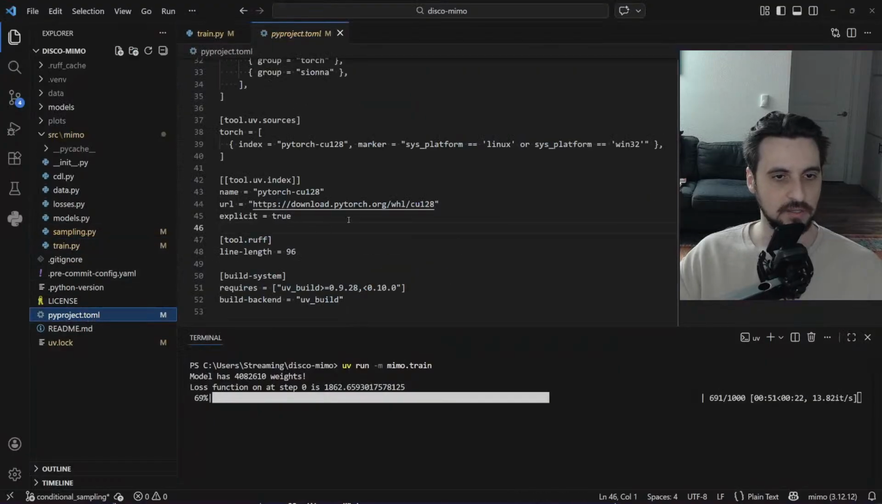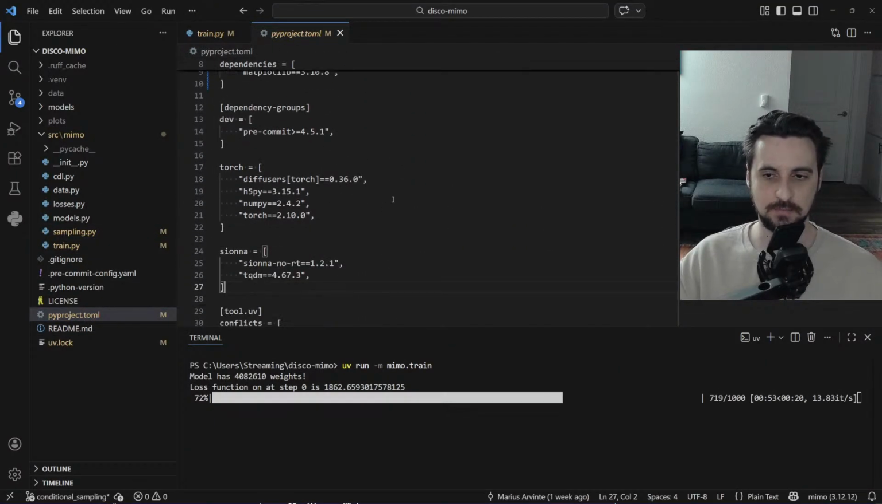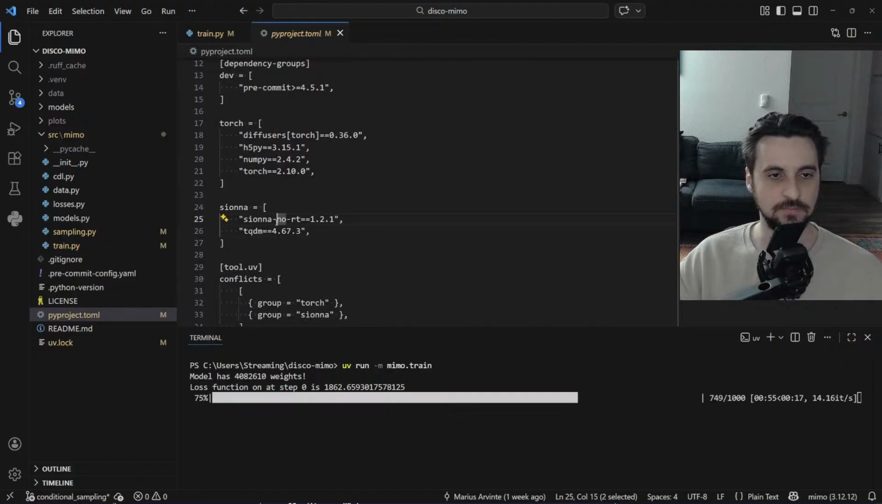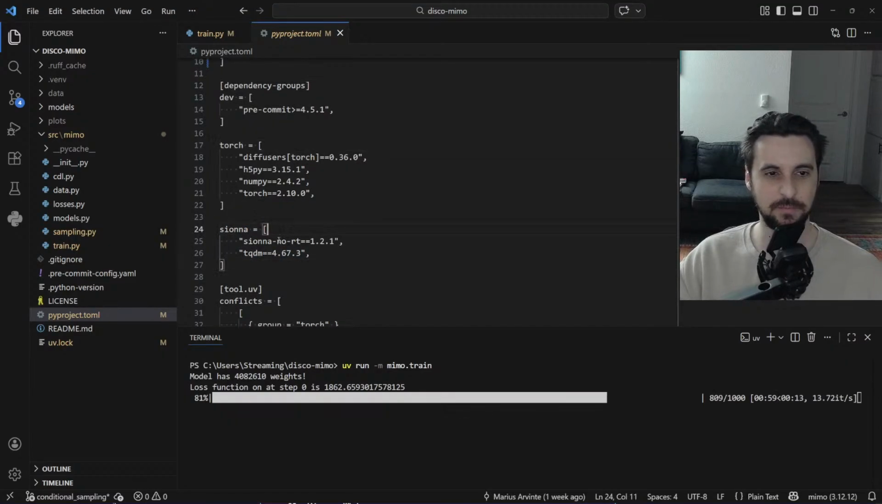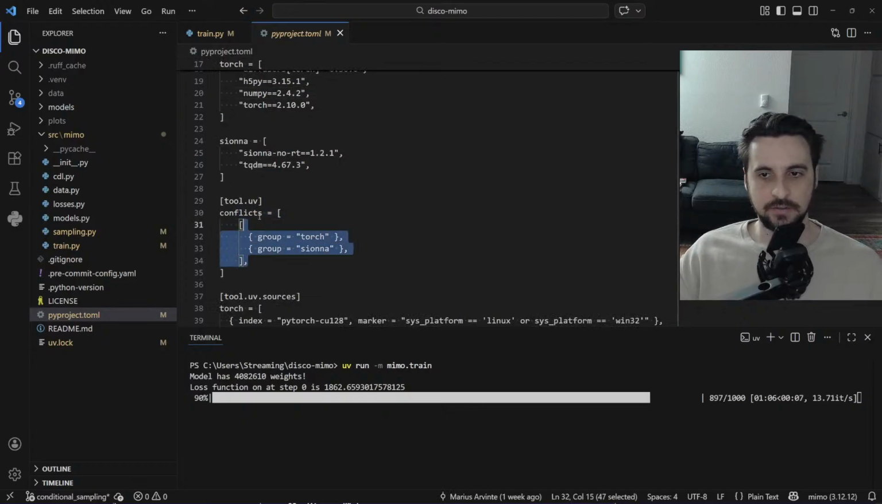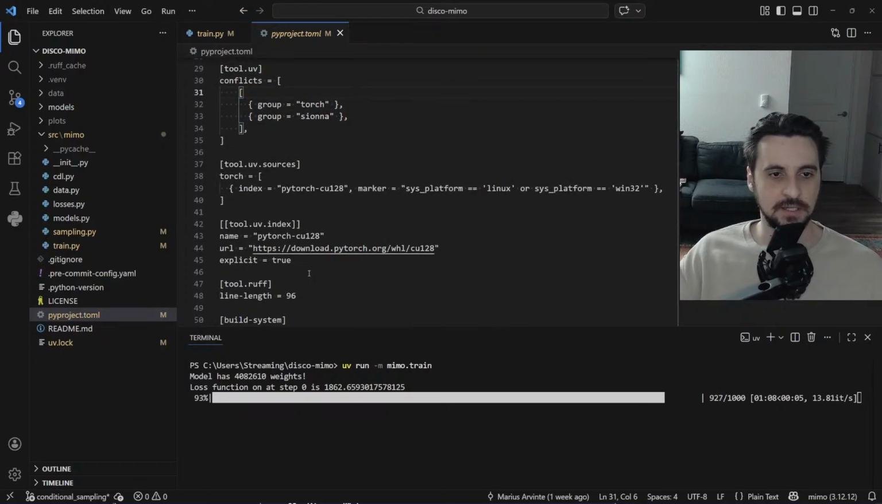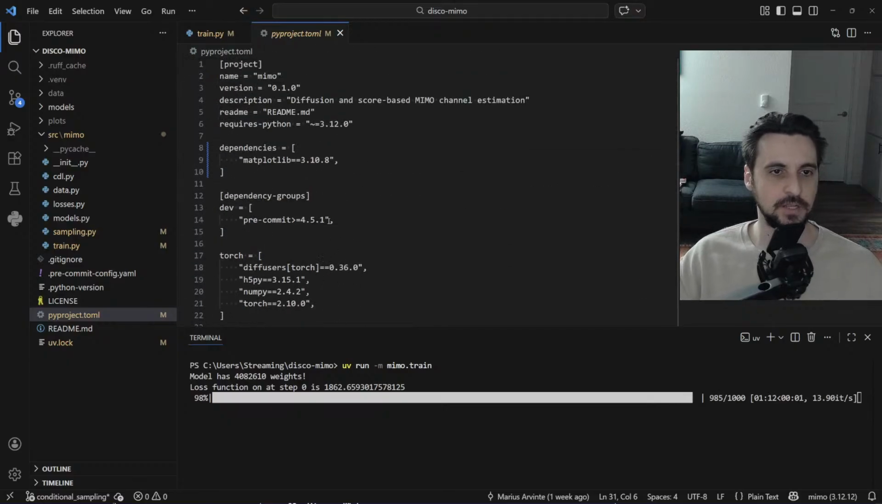If you look at previous episodes, we had some nasty dependencies because there's this Sionna generator, but it's not compatible with PyTorch. It uses TensorFlow, and there's some NumPy 2.0 conflict. But then you can declare dependency groups, and you can declare them as conflicting. So yeah, it has a pretty advanced